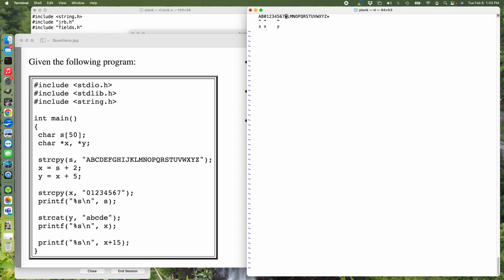Okay. And then I get the printf after the strcpy. So that's going to print S. So that's going to print A, B, 0, 1, 2, 3, 4, 5, 6, 7. Okay. Right. Because that's what it's like after the strcpy. Now I do strcat, so that's going to go